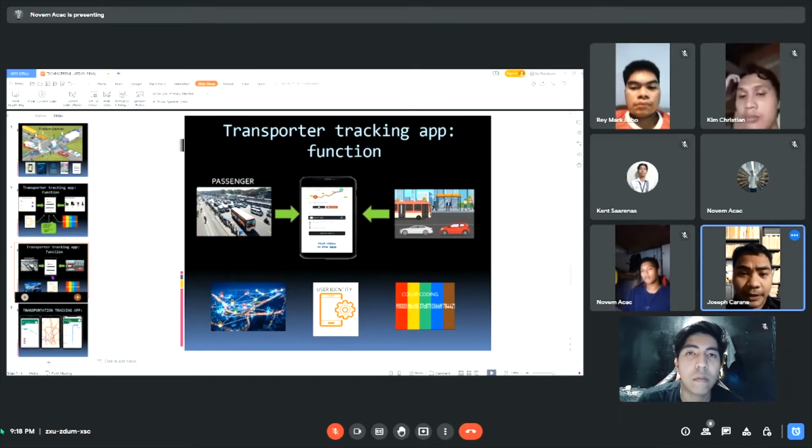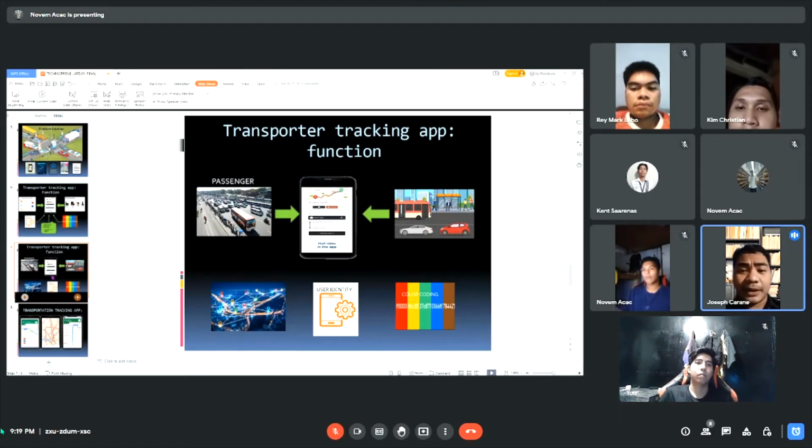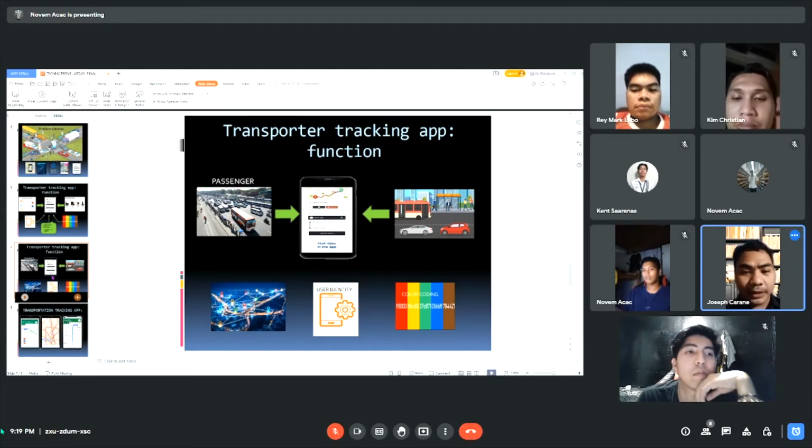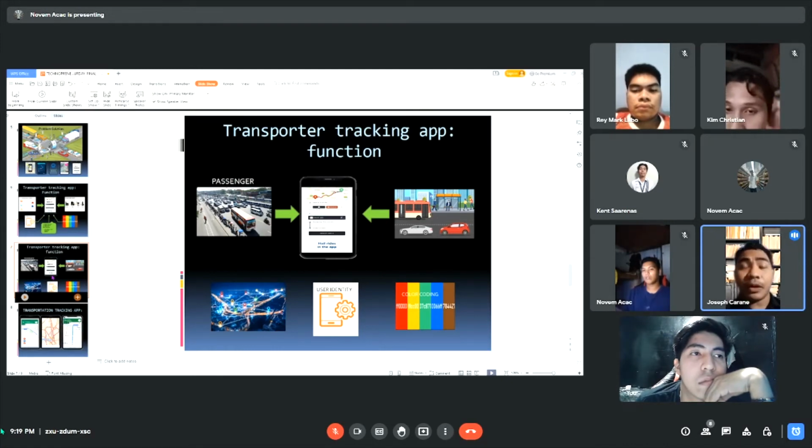As you can see in the upper left, many commuters struggle to commute. So this app will help commuters to make it easier to ride buses, taxis, or any kind of transportation vehicles. As you can see at the bottom, there is also user identity, as Mr. Nobem discussed earlier. So if you are a commuter, you will fill up this form before you download this app. You will provide your identity, and you will fall under a color coding. If you are a commuter, you will belong to the red color, and through the IoT,